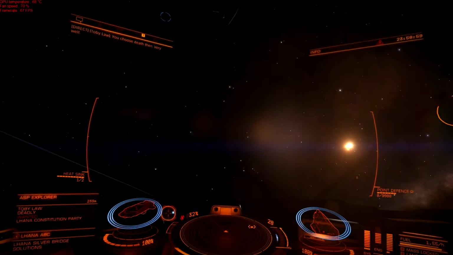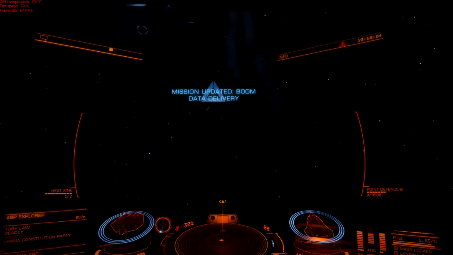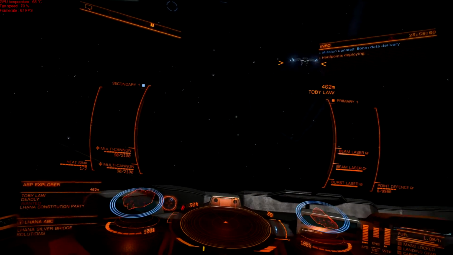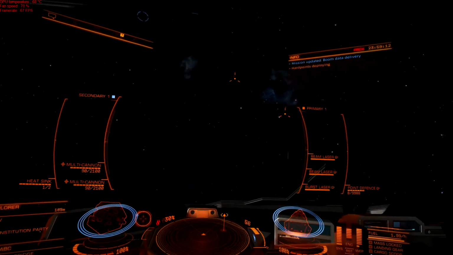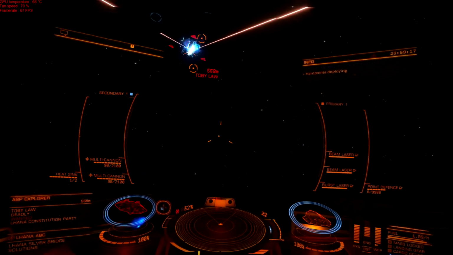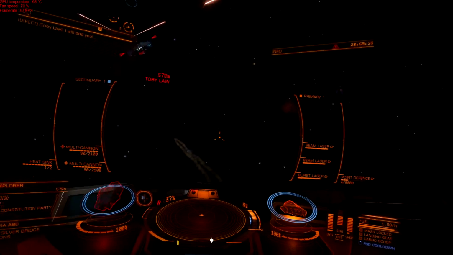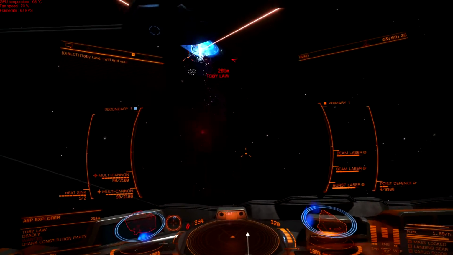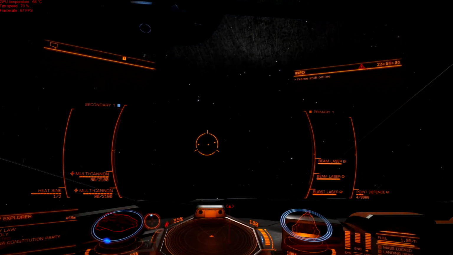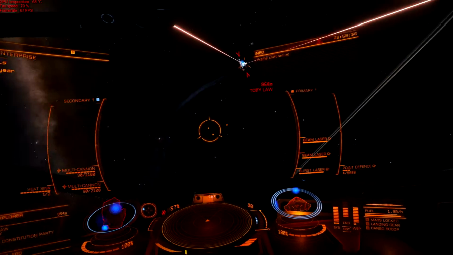I've got my two E beam lasers. Class 2E beam lasers up on top on turrets, and on the bottom there's a single, what is that, 3E burst laser. And then up on top there's two 3C multi-cannons. Those are gimbal, the rest are turrets. And other than that, I've got two shield boosters on the utilities, and then one point defense, and a heat sink launcher, which I'm probably going to change out to another shield